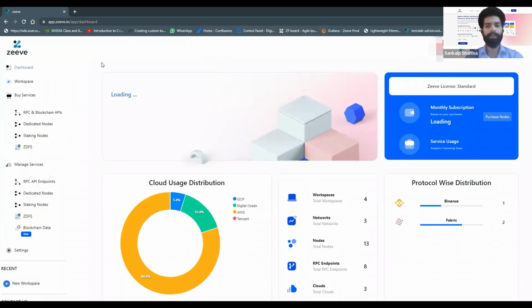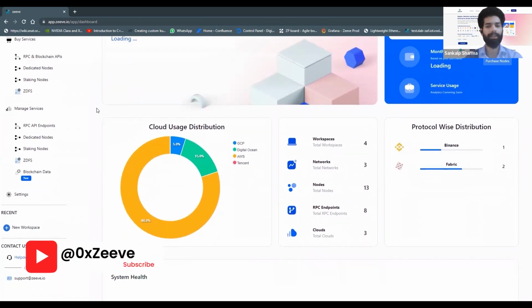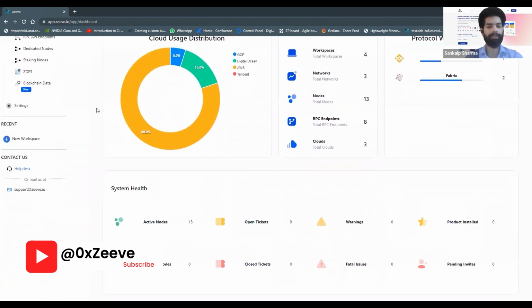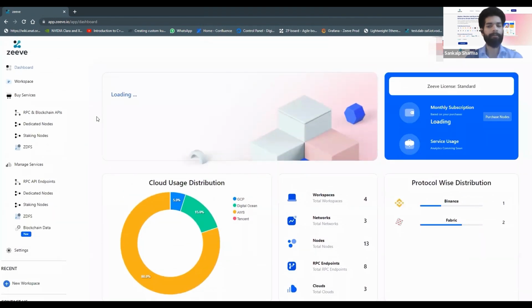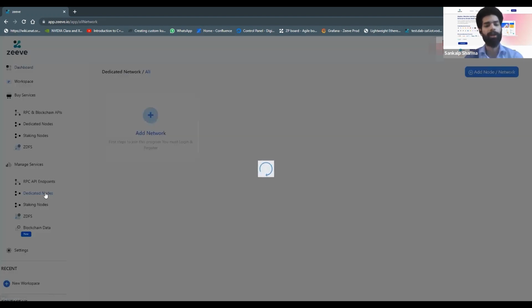So I've logged in with a demonstration account here, as you can see, and we've got some elements which are already lit up here on my dashboard. We'll skip all of this because we've already covered this in our previous recordings, one of them being the platform overview specifically. So we'll directly jump on to our dedicated node section and see how we can deploy a Binance Smart